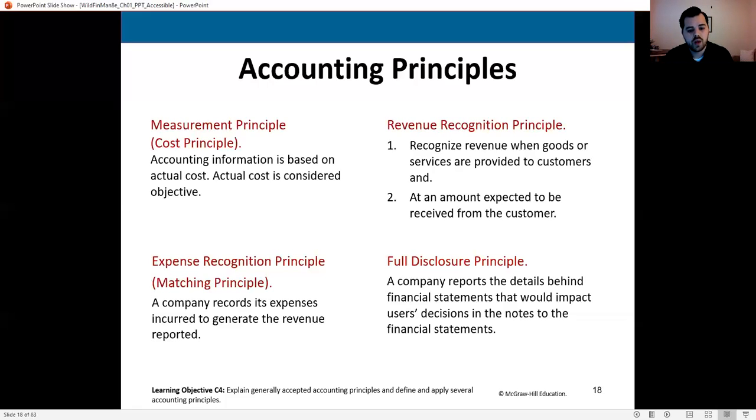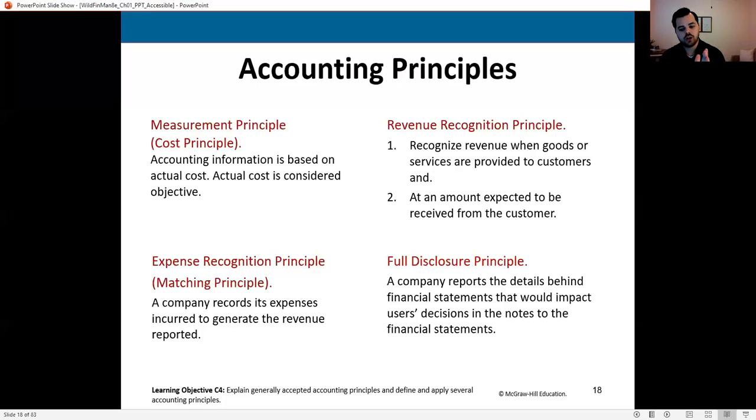So let me ask you, don't you buy tickets, say, to an event ahead of time sometimes? How does that person record the revenue for that? You bought a ticket on January 1st for a concert on March the 5th. What happens on January 1st? I don't know. We'll talk about it though, and we'll look at that later in the semester and see how this actually works. But this is the kind of thing we're talking about with the revenue recognition principle.